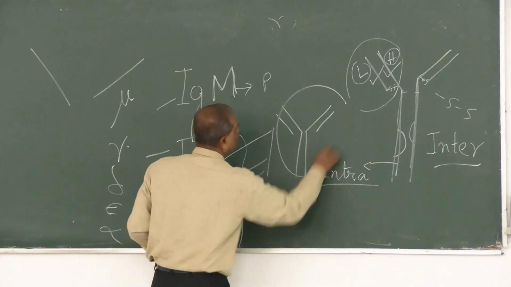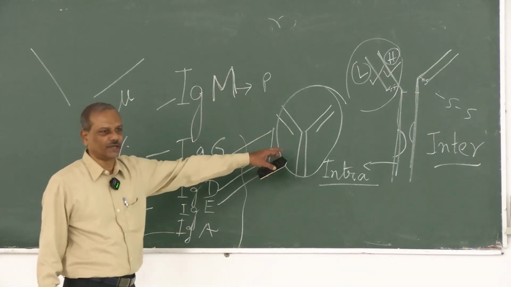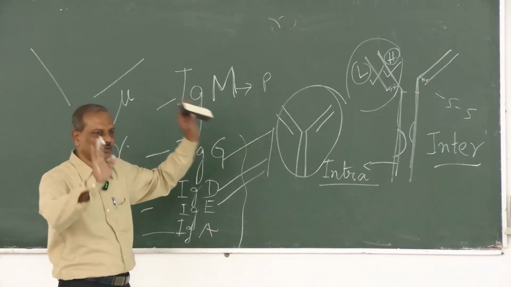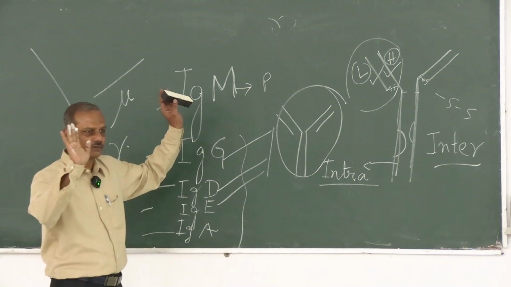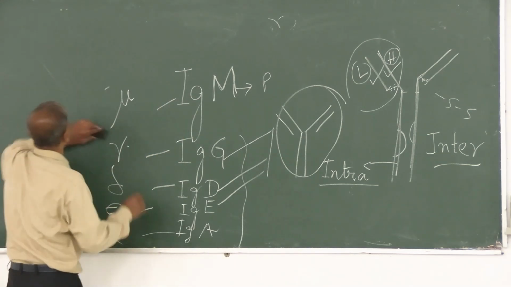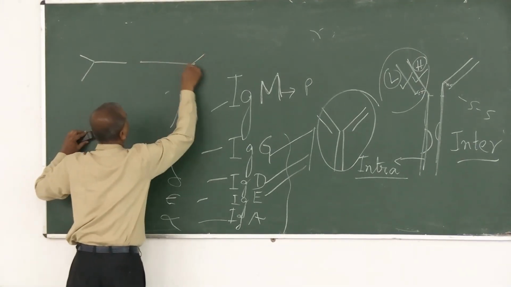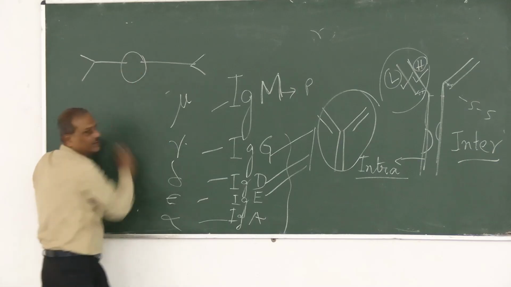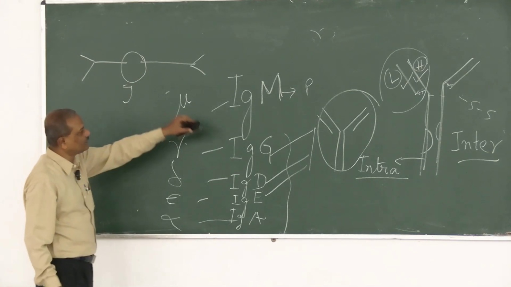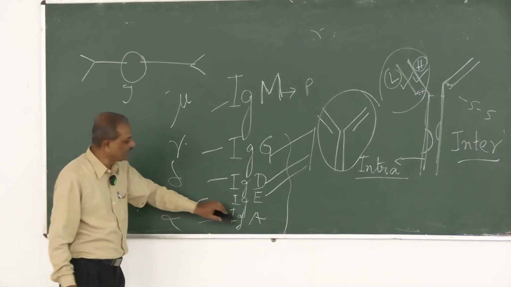IgG, IgD and IgE all have this structure, that is a monomer. Only there is a difference in the antigen antibody and amino acid sequence composition, and that's why their molecular weights are different. Okay? In IgA there are two monomeric units joined by a chain called the J chain. So IgG, IgD, IgE is a monomer, IgA is a dimer,